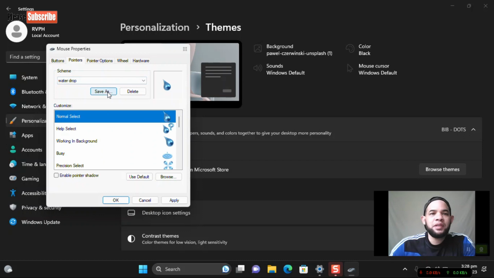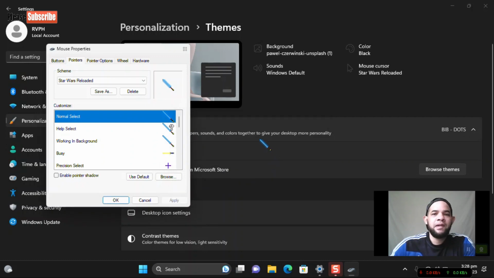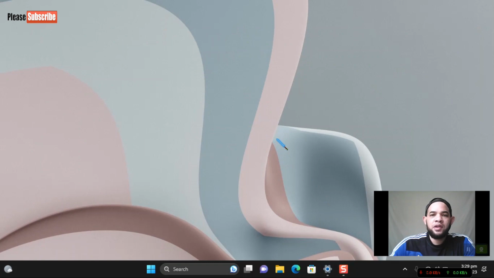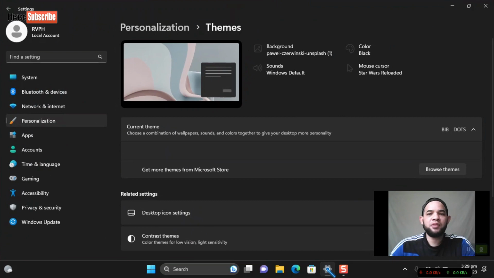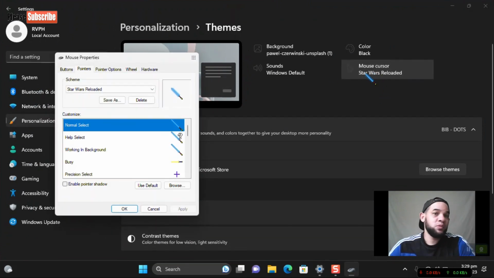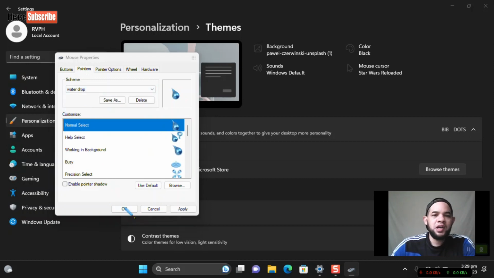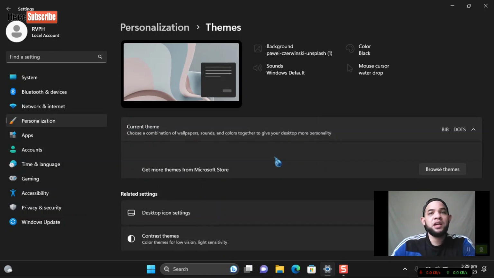Let's, for instance, pick this Star Wars Reloaded. Apply, yes. You see, now it's Star Wars themed. You can go here and it will change. It'll show some animations when you go through certain features, or when you do certain things. Or you can select water droplet and hit OK. Okay, so now that the cursors are working,